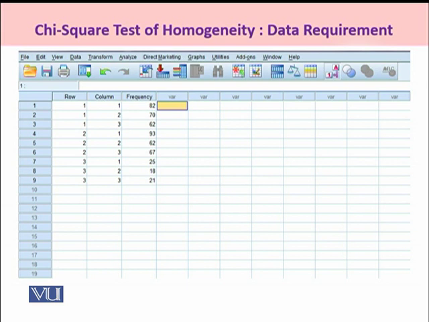Once you have defined the row, column and frequency variables, on the left side of the window you will see the buttons of variable view and data view. So students, once you have defined the 3 variables, you will click on to the data view. In data view, if you look, I have given 1 in row, 1 in column, and against that